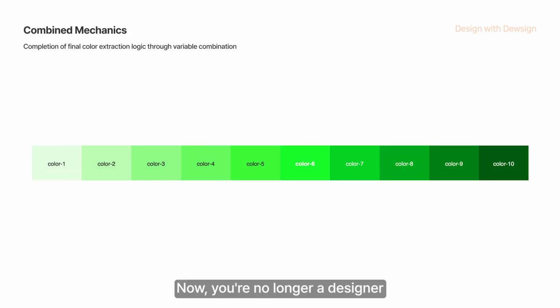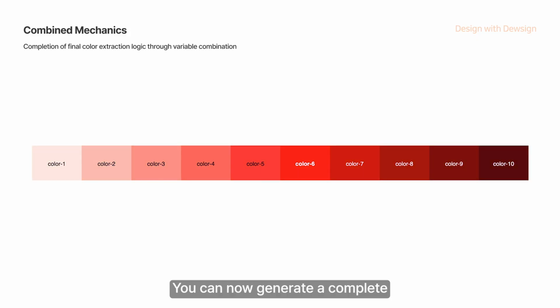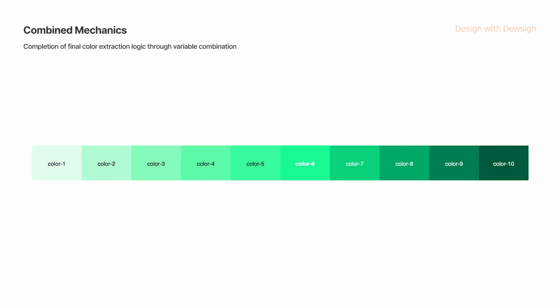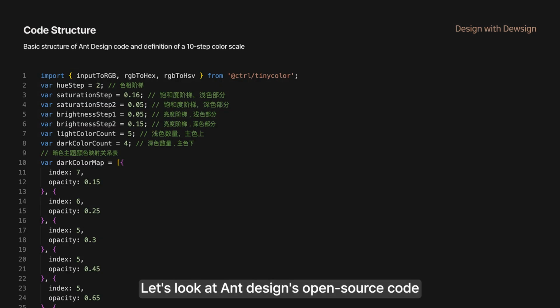Now you're no longer a designer who relies solely on intuition to build a color palette. You can now generate a complete color palette using logical formulas. There is a real-world case that beautifully implements the complex color mechanism we just studied: Ant Design. Let's dive into their actual codebase and uncover what mathematical logic they used to build a color palette that handles thousands of components. Let's look at Ant Design's open source code to see how the color palette we discussed actually